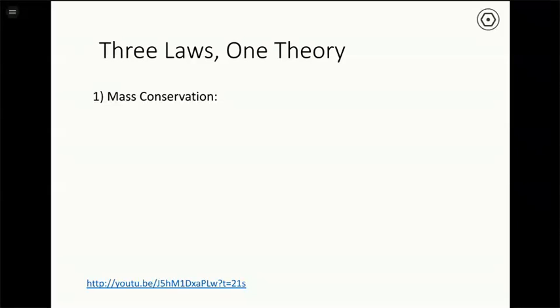One of the least sophisticated measurements you can make is just how much something weighs. A lot of these early scientists studied chemical reactions and measured the masses involved, and they came up with some fundamental laws about how matter behaves based on the masses of the substances that they studied. So mass conservation was formulated by Antoine Lavoisier,